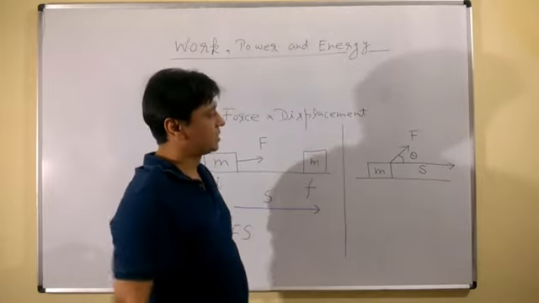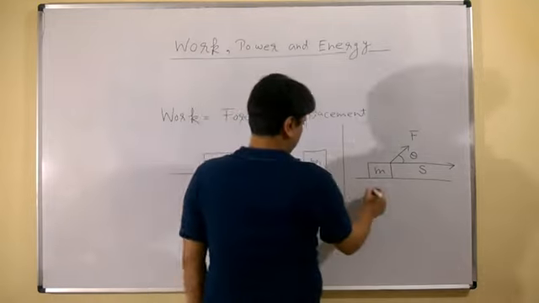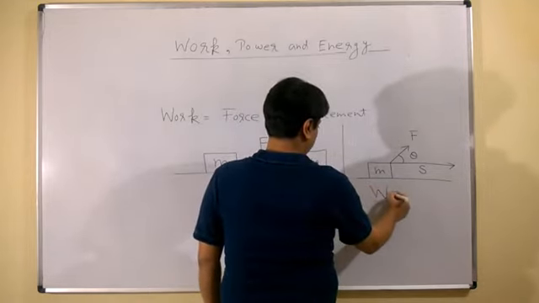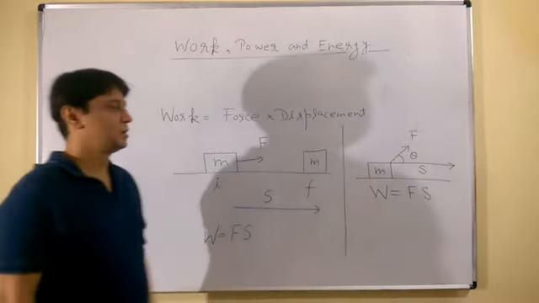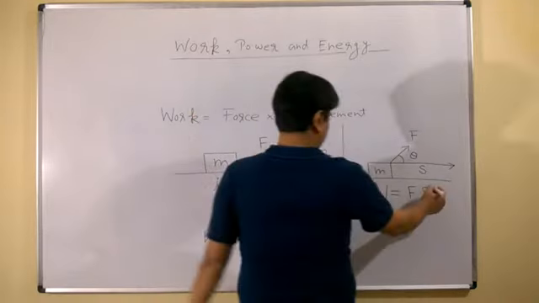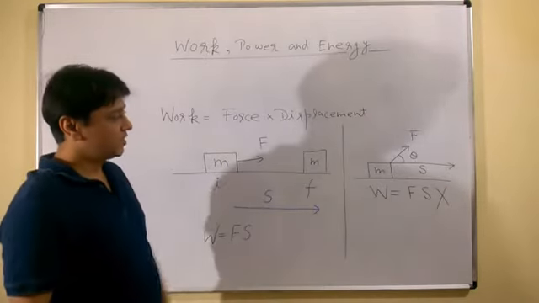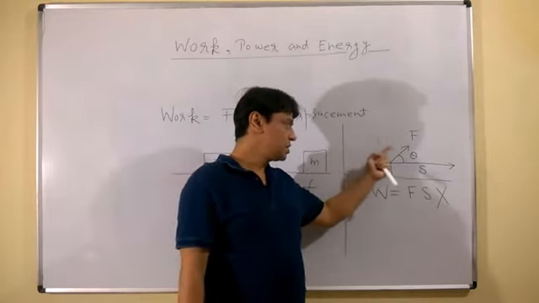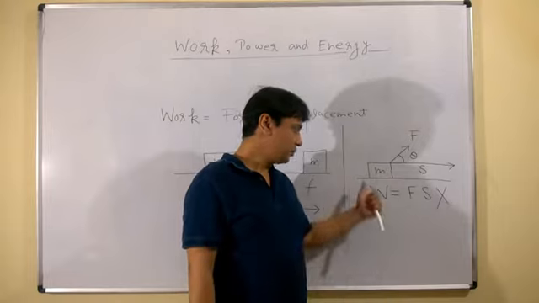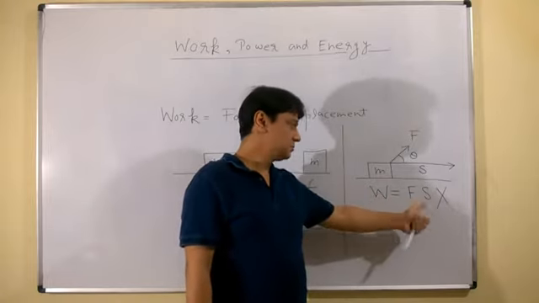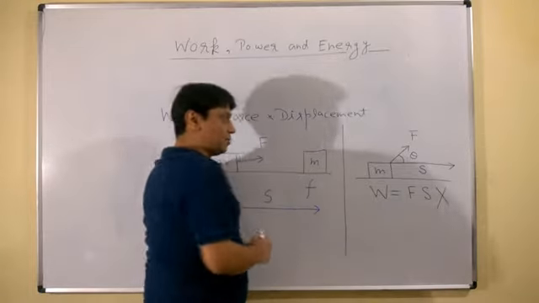Then, in this case, if somebody says that work is force multiplied by displacement, then it will be a wrong thing. If an object moves with the help of this force and displacement is S, and if you write W as F into S, then this is wrong. Why is this wrong? If you take components of F,